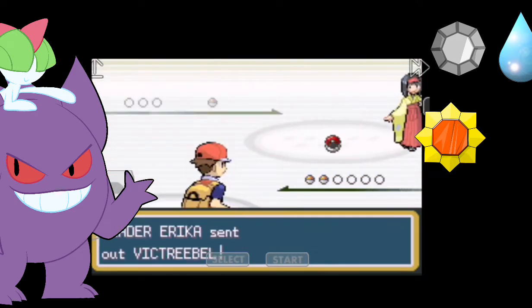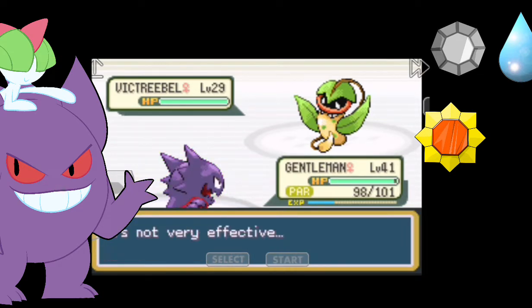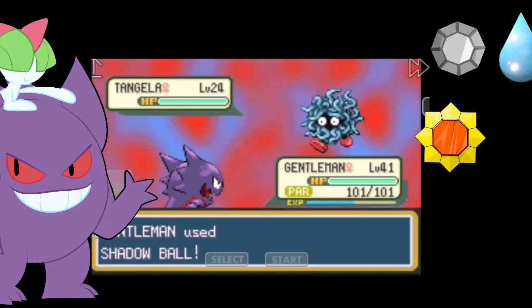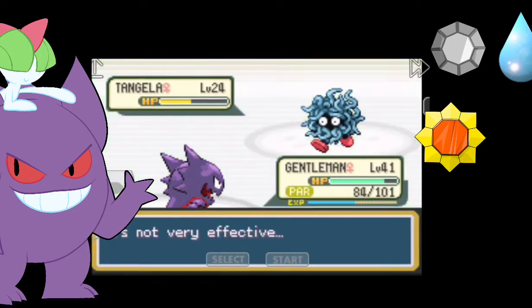Now to take on Erica. She sends out Victreebel, I miss a Hypno and it uses Stun Spore, then uses Acid and I hit the Hypno and Dream Eater defeats it, and then she sends out Tangela. They use Ingrain, then Shadow Punch does a lot. They use a Giga Drain doing little, then Ingrain comes in, and then another Shadow Ball finishes it, and then